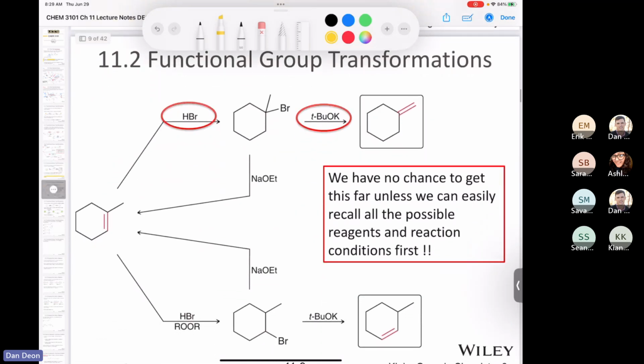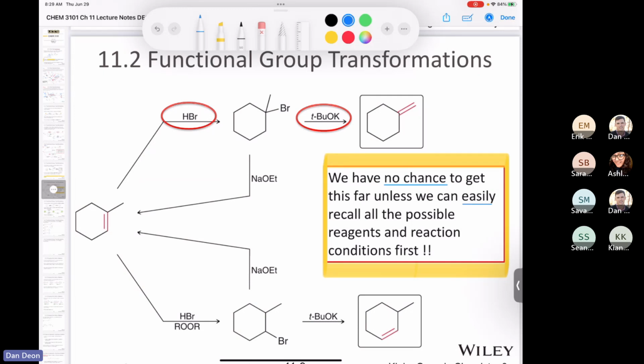And what I was trying to get to was this statement right here, which might look like it's mean or something. It looks like a meanie wrote this, okay? But believe me, Mr. Dion is no meanie. And it says here, look, we have no chance, okay? No chance. It doesn't sound very nice. But anyhow, it says you have no chance to get this far unless we can easily recall all the possible reagents and reaction conditions first. I mean, it's a politically correct way of saying you've got to know your reactants inside out in order to